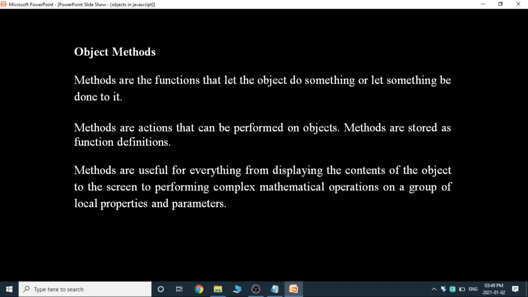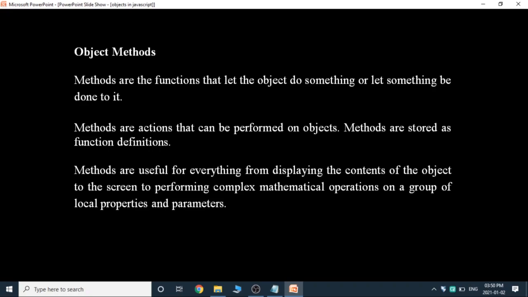And the next one is object methods. What are methods? Methods are the functions that let the object do something or let something be done to it. They are the actions that are performed on the objects.